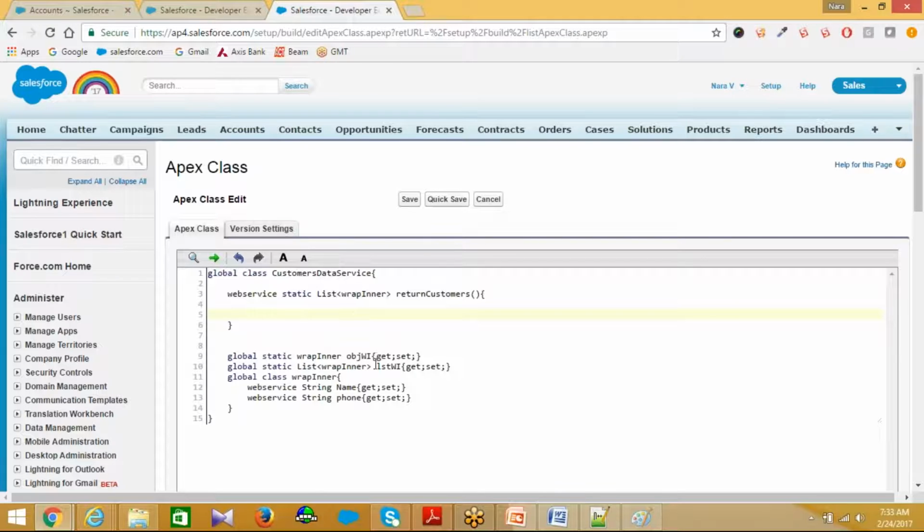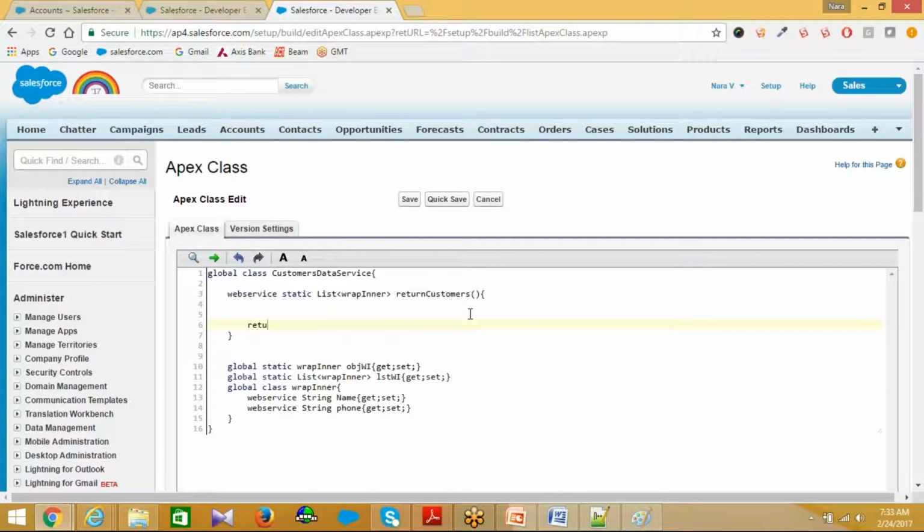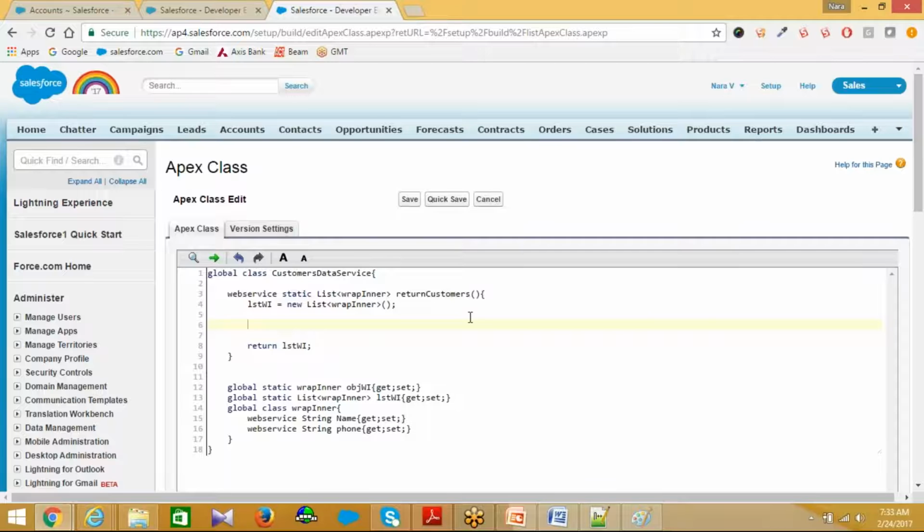So here is lstwi, just return lstwi. So before return, make sure the initialization part, and this must, so we call the return customer